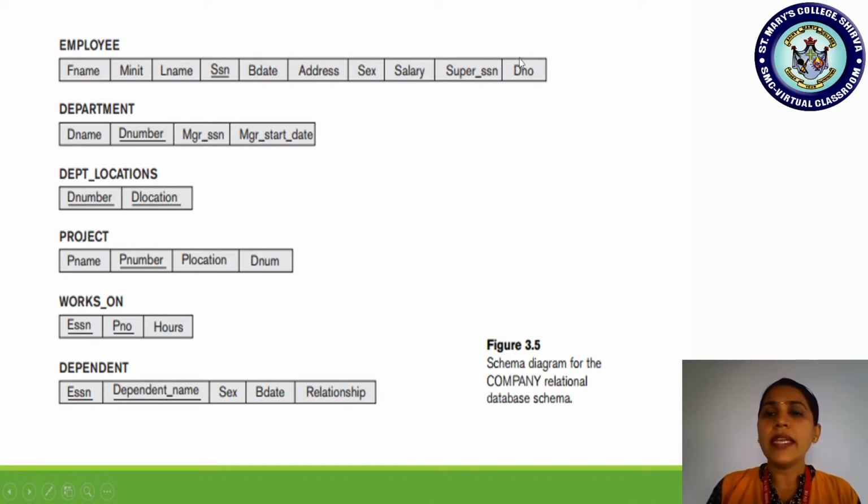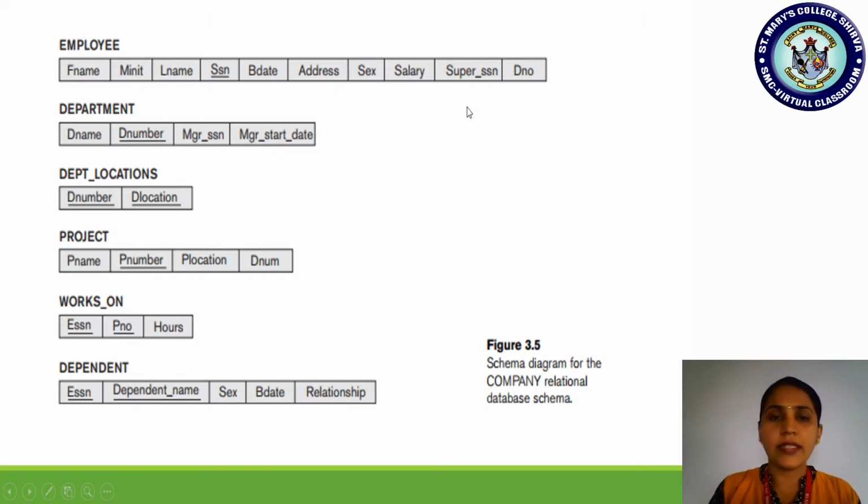Okay. So any attribute, for example here DNO, department number, is a primary key of another relation. But if any primary key is taking part in any other relation, so here department number is taking part in which relation? Employee relation. So now we call this a foreign key.